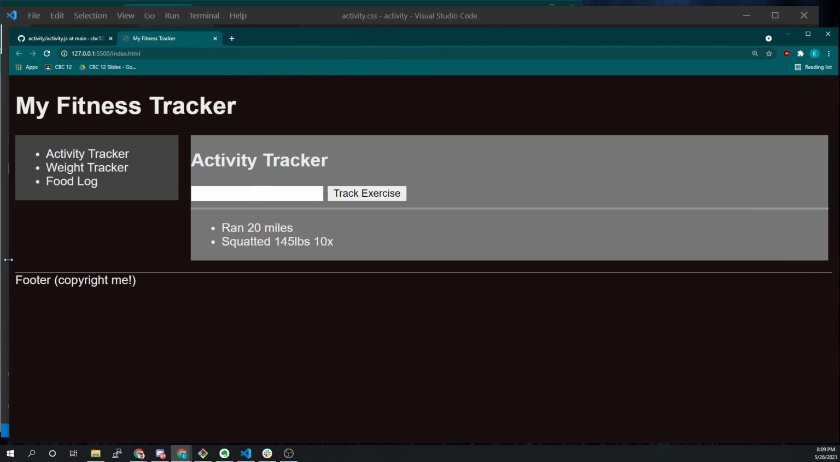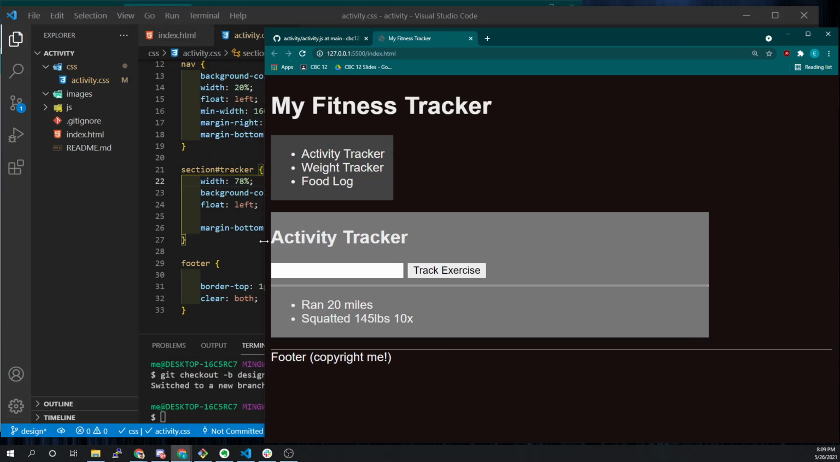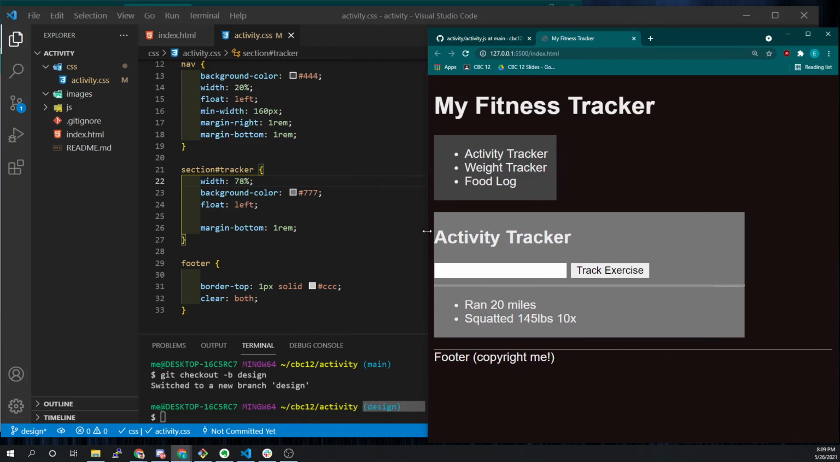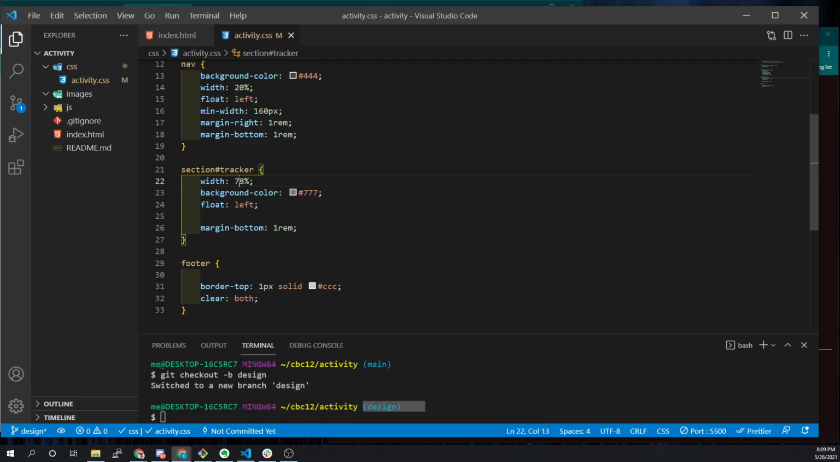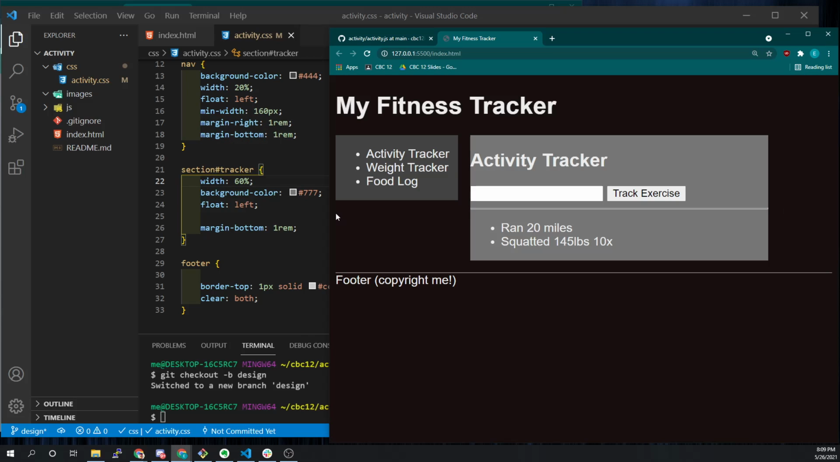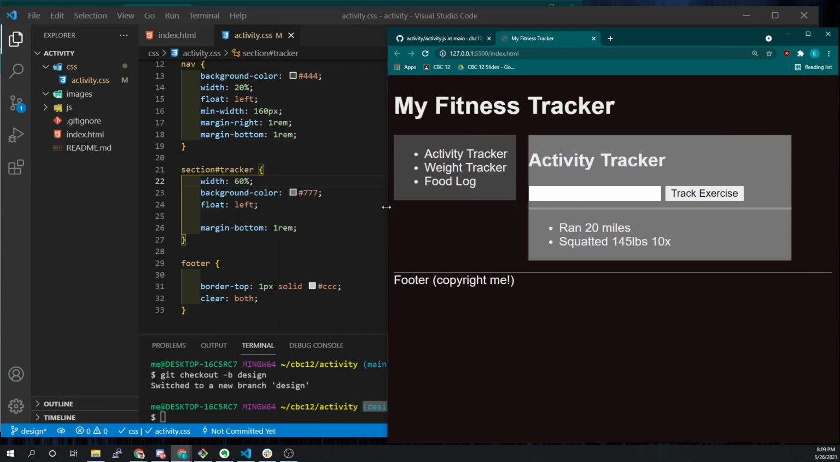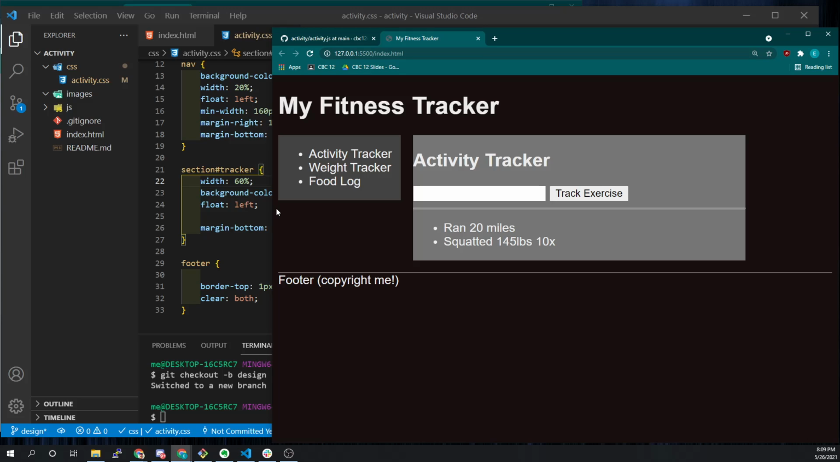So 78 would be if I'm on a really big monitor like I am, but as soon as I get down into more normal monitor size, it starts to break. So for the time being, let's say we're going to deal with this in a little while. We'll make it 60 because we're just trying to design the rough structure of this website. And we say, hey, this looks pretty good. Now,